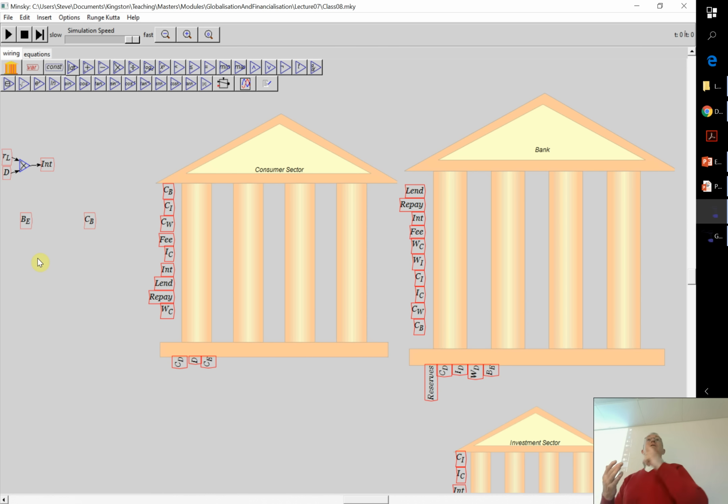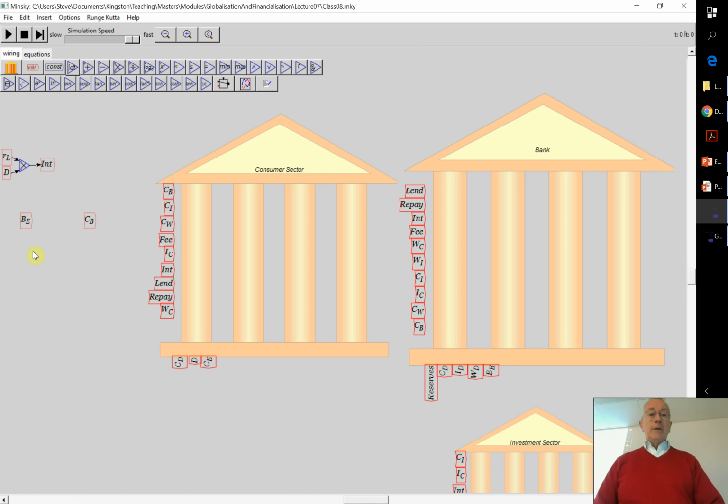So if I divide the stock by the time constant, it's dividing dollars by years, and therefore the flow is dollars per year. So that's doing the dimensional checking for you. At some stage Minsky will enforce that and point out if you make any dimensional errors like that, but we haven't had time to write the code yet. The convention in using time constants is to use the Greek letter tau as the indicator of a time constant.